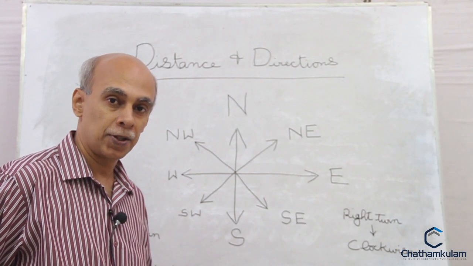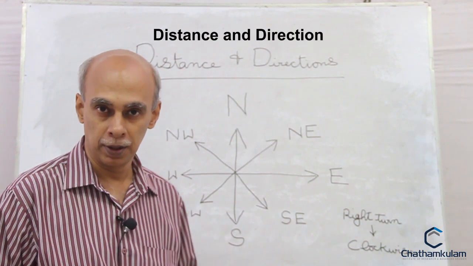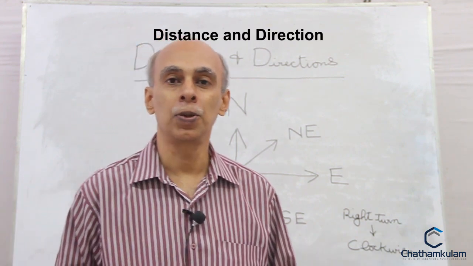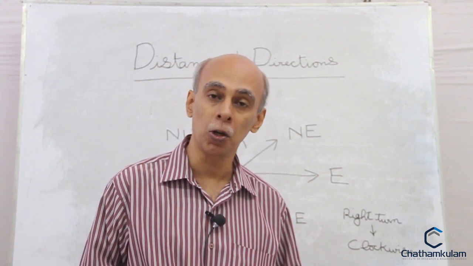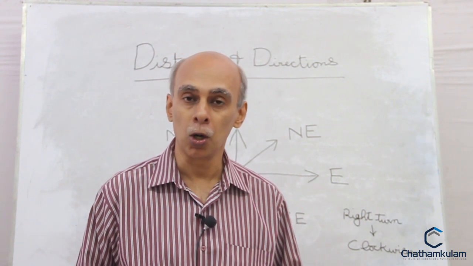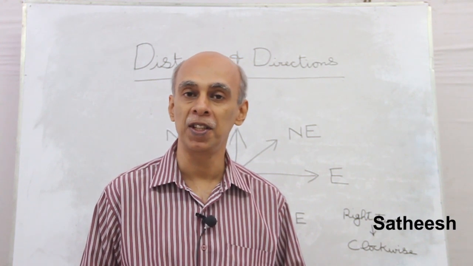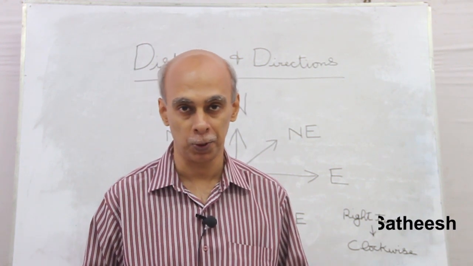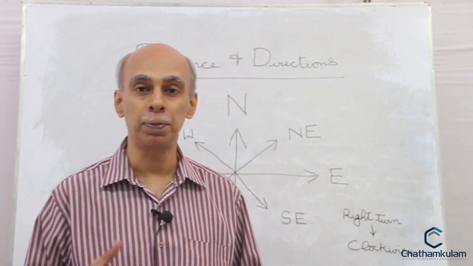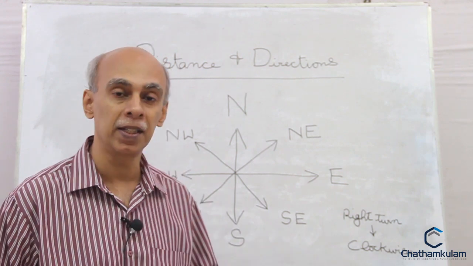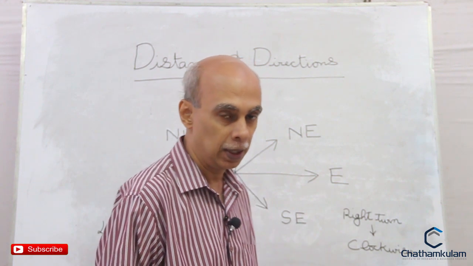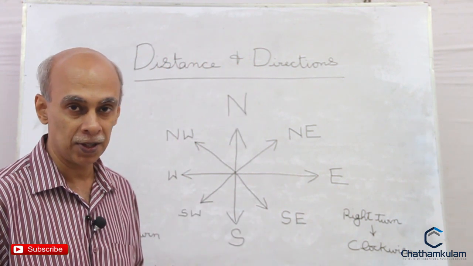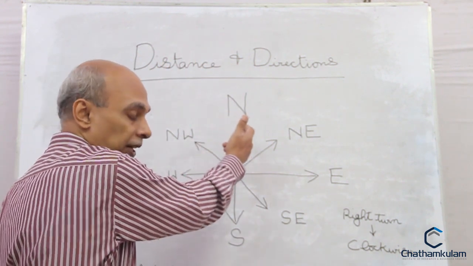Distance and directions. In this section, questions will be asked to understand the direction of movement of an individual or person from the starting point, or to understand the shortest distance between the starting point and the finishing point. Before we go into the specifics of questions, we need to understand the various directions that we need to consider for answering the questions. We normally have 8 directions, that is the north direction,